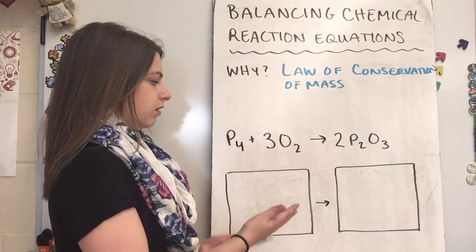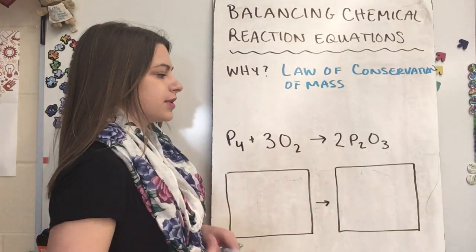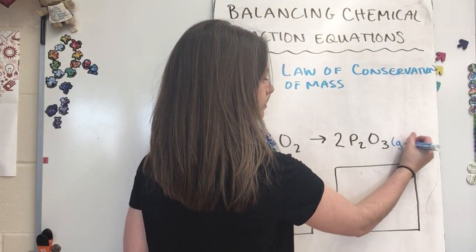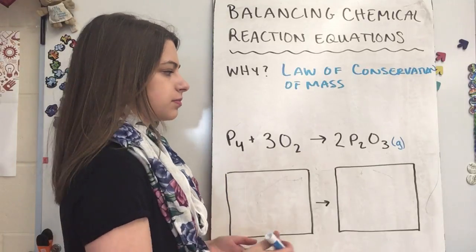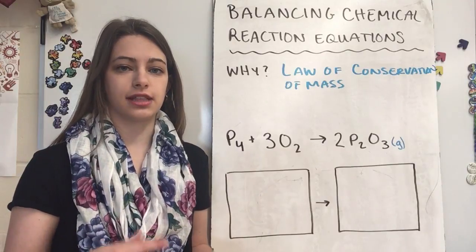Now, a lot of this we already know. We know chemical formulas. We know what the subscripts mean. There might even be in some of them a state of matter, so a parentheses with a letter. So our states of matter are solid, liquid, and gas. So if you see a parentheses with either an S, an L, or a G, that's telling you the state